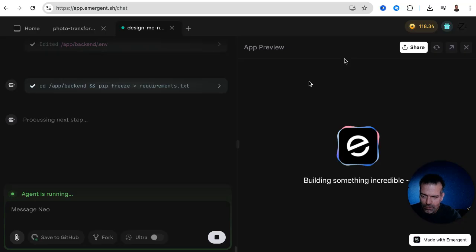So when you try to run the app, you never see the app working, or very rarely, and it's always very buggy, every time it runs into lots of bugs. What I really like with Emergent is that once it runs into a bug, it will fix it until you have a working app. So apart from one particular example where one day I tried to build a particular app